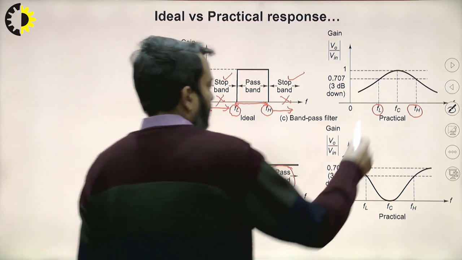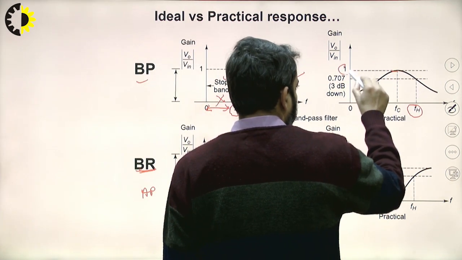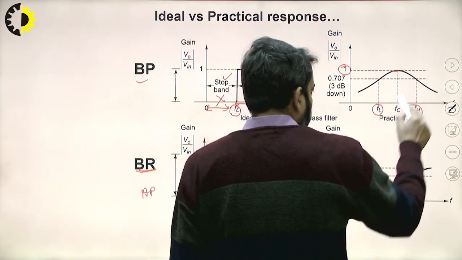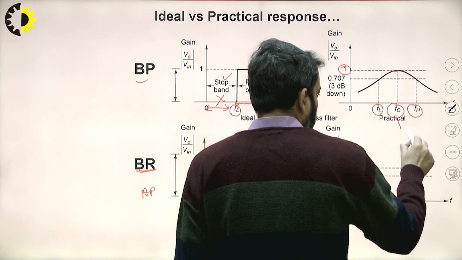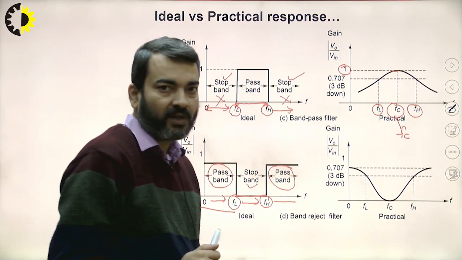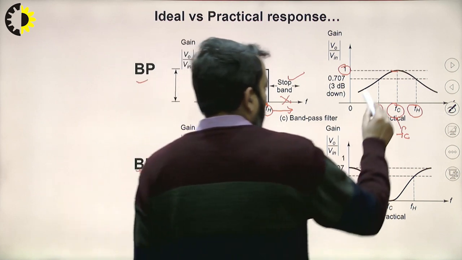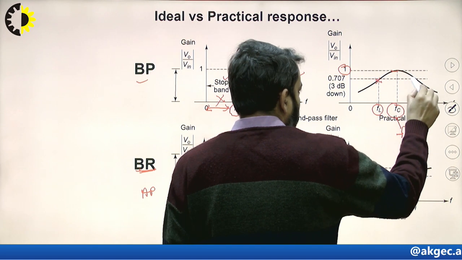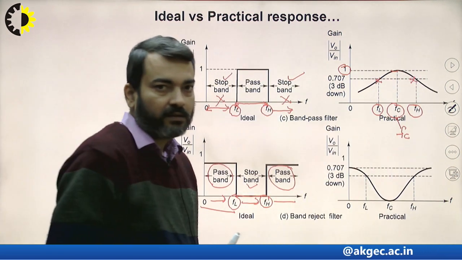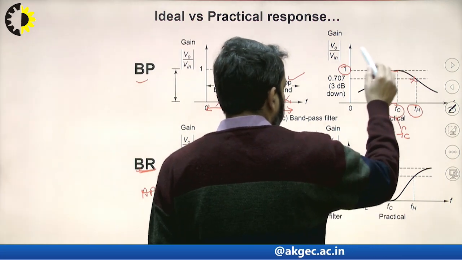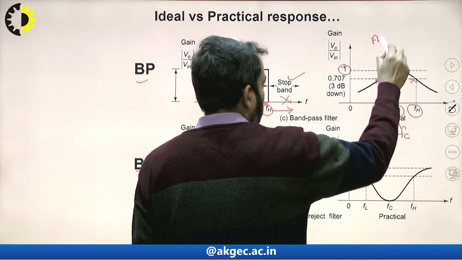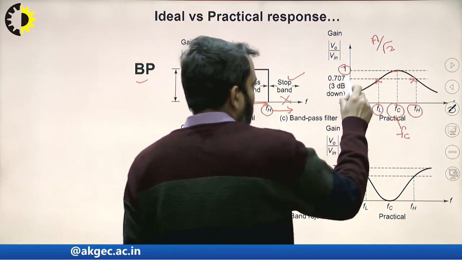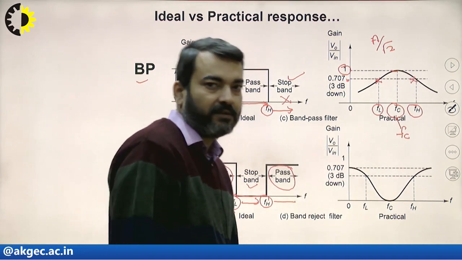So let's say maximum gain is unity. So gain is falling over either side. This is called center frequency FC of the band pass response, and the point at which gain, these are the 2 points, let's say cross, at which gain will reduce by 1 by root 2. So highest gain is, let's say, A, and now gain is decreased by root 2 factor. So these are the 2 points. 1 by root 2 is 0.707.